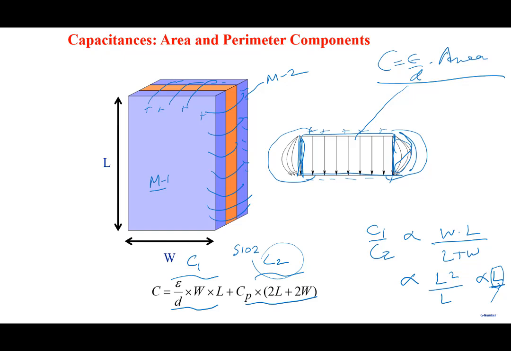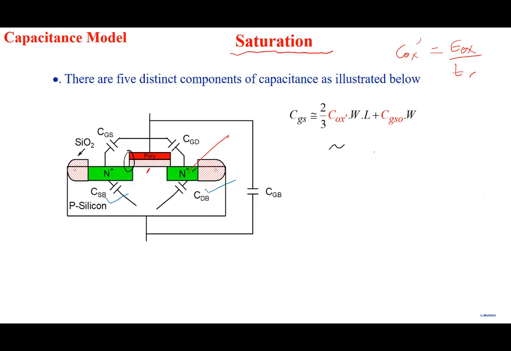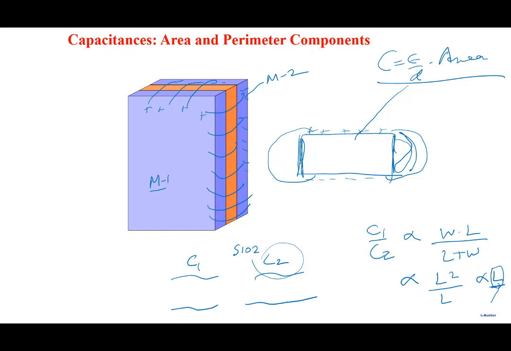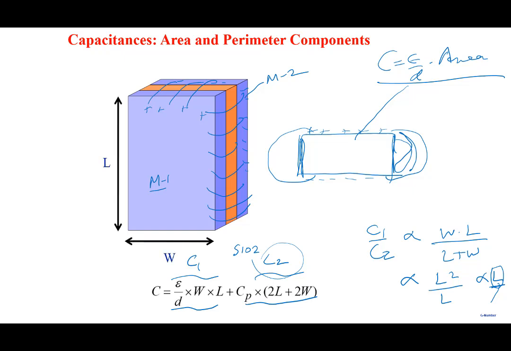And in a way, we've already done that, right? For example, when I wrote CGS, we said what is the area component and what is the perimeter component. We've already taken into account a perimeter component. This is like W here, okay? So everywhere, you need to keep in mind that you need to take into account the area and the perimeter component. Okay, so with that background,